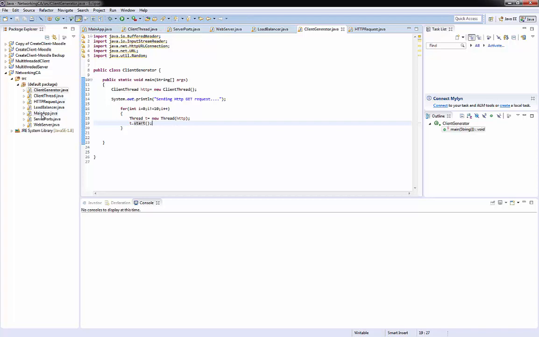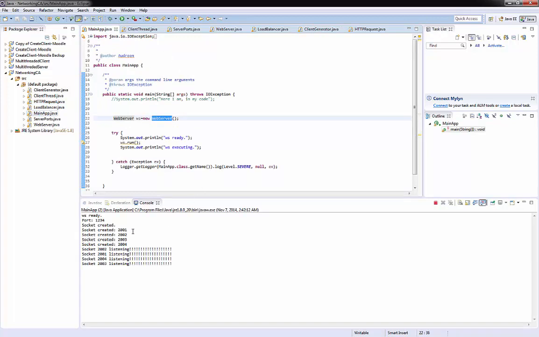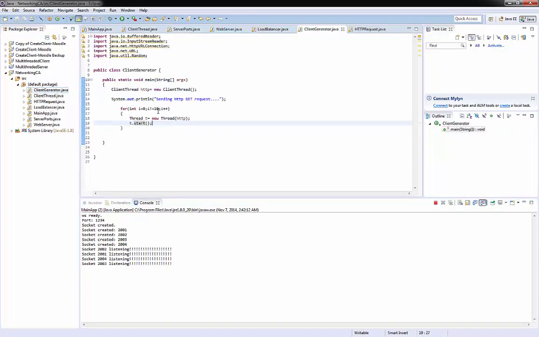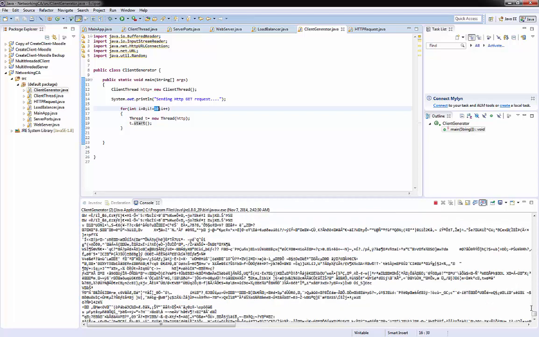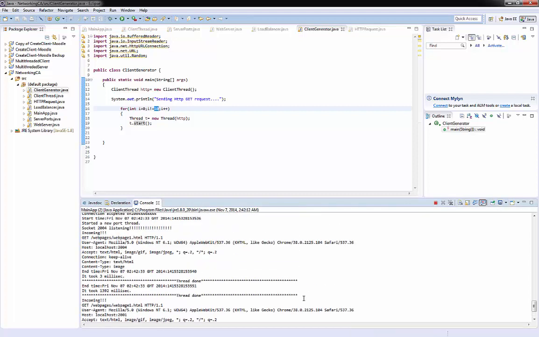So now I'm gonna run my main app. And yep, so port 1234 socket created, and then sockets 2001 to 2004 are created, and they're listening, so they are waiting for a client. So I would generate 10 clients here. Hope it generates more pictures, then you can see the difference. So it's in a mess. Okay, it's done, and then here is my